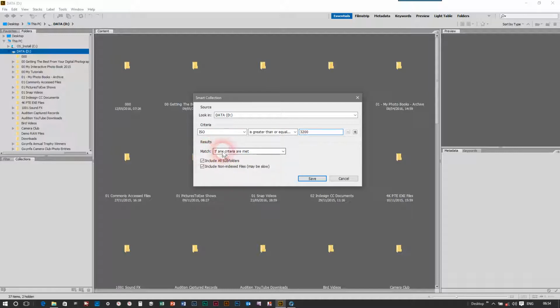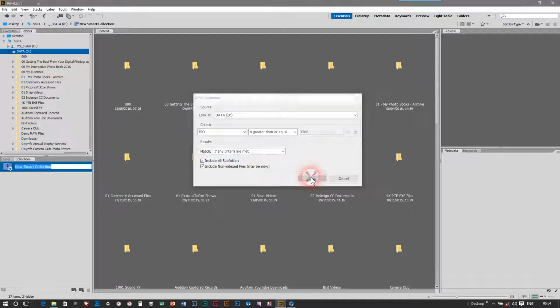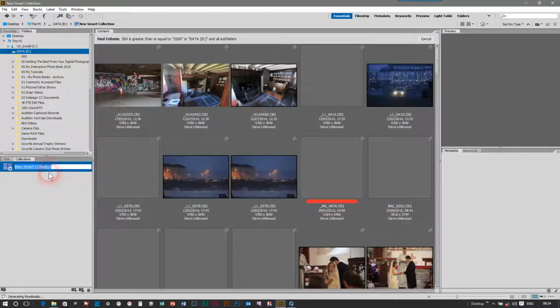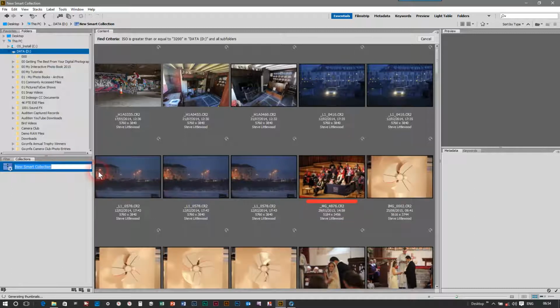So match if any criteria are met, or all criteria are met, include subfolders, which we do, and save. We could give this a name if we wish, 3200